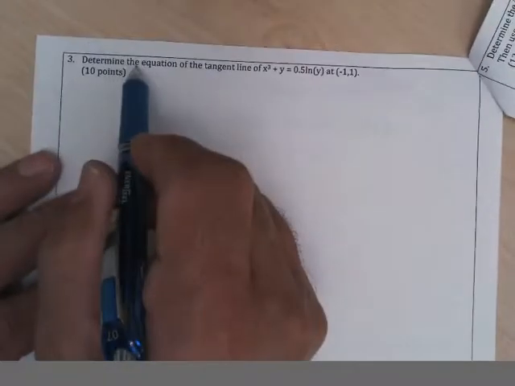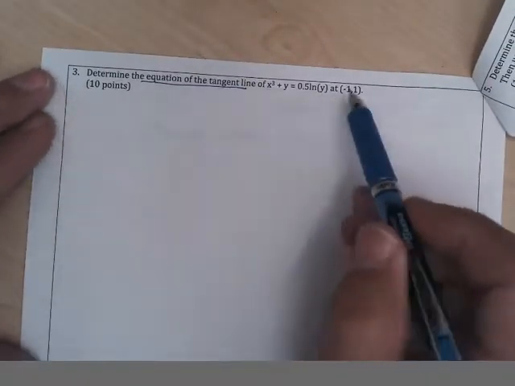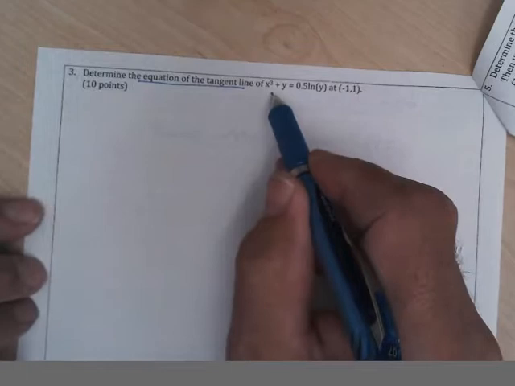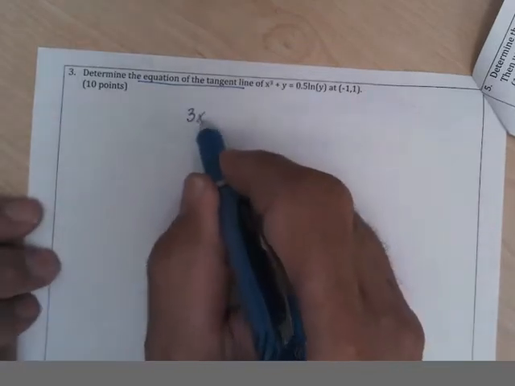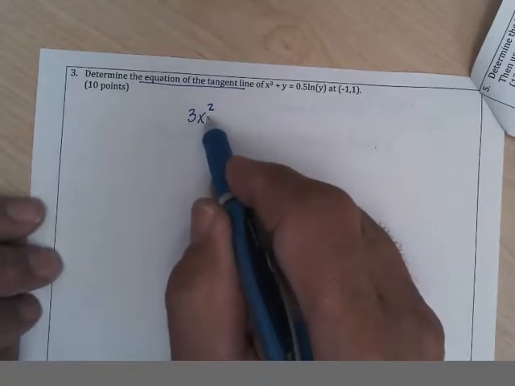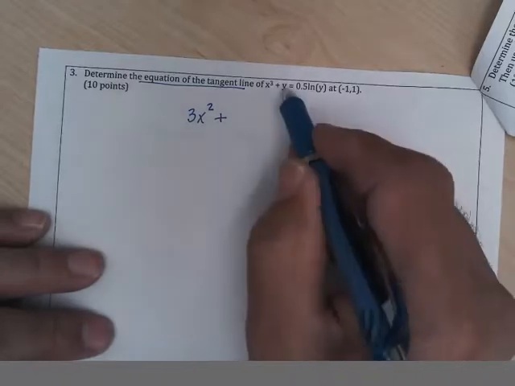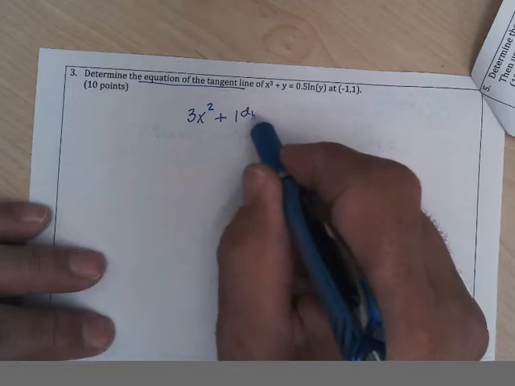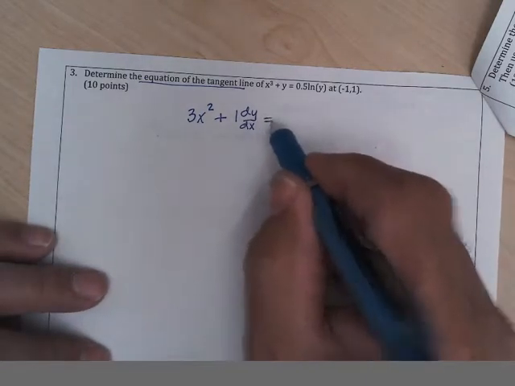Find the equation of the tangent line. So we've got to get the complete tangent line. And we got some x's and y's, and we can't solve for y. So we have to do implicit differentiation. So the derivative of x to the third is 3x squared times the derivative of the inside, but it's just an x, so we don't need to, plus derivative of y is 1 times the derivative of the inside, which is dy dx, because it's not an x, equals